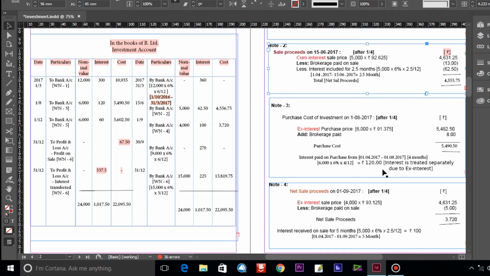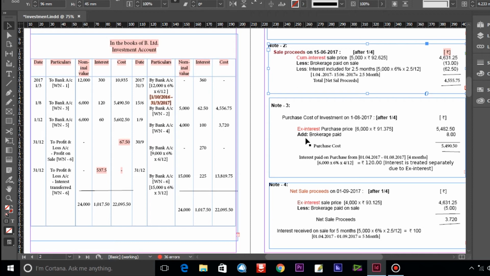It is also happening after 1st April. Therefore, we have to charge interest for a period of 1/4/2017 to 1/8/2017. That is for 4 months only. Therefore, interest is calculated as 6,000 into 6% into 4/12 is equal to